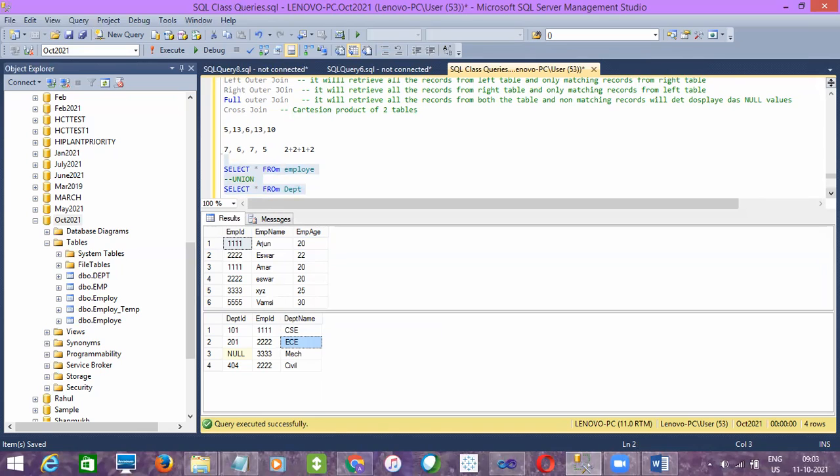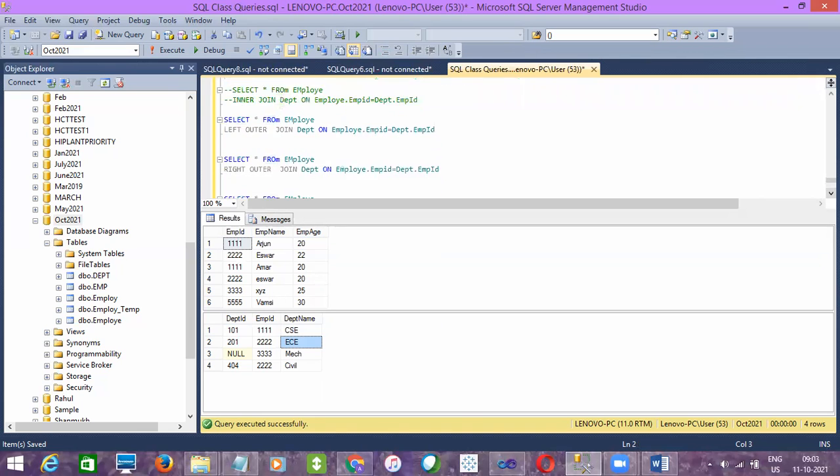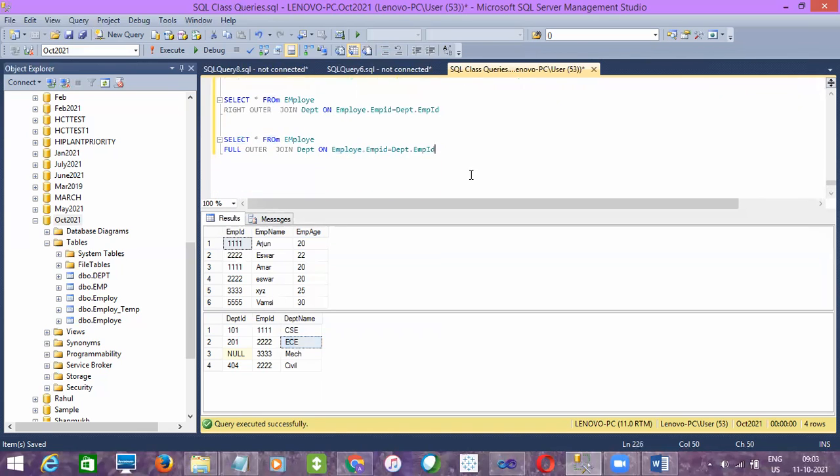As I told you, the number of rows in the first table into the number of rows in the second table. How many rows are there in the first table? 6 rows, not columns. 6 into 4, 24 rows will come as output, not 6 into 6, right? We have 6 rows in the first table and 4 rows in the second table. 6 into 4 is 24, right?